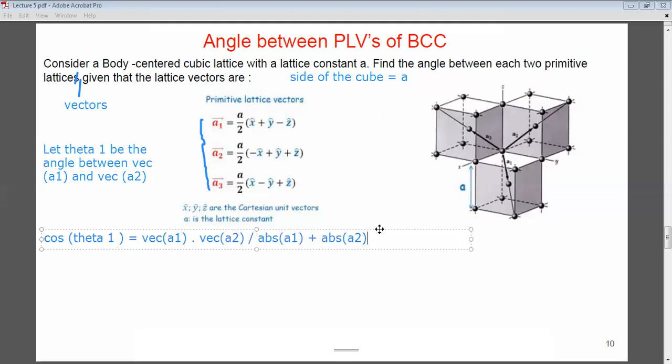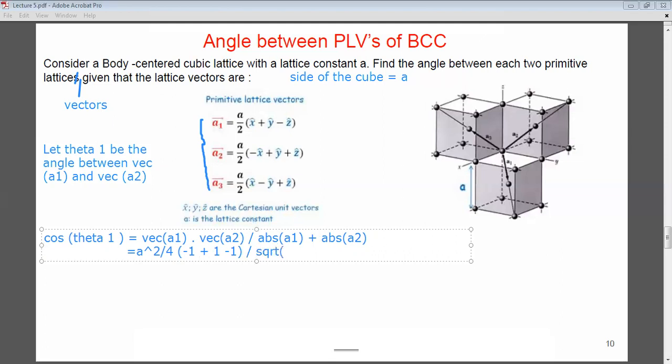Okay. So let's continue. What's the dot product of A1 dot A2? So I have A over 2, A over 2 over here. So I have A square over 4. And then I have 1 times minus 1. So that's minus 1. Plus 1 times 1. So that's a 1. Plus minus 1 plus 1. So that's a minus 1. Okay. So this is what I have in the numerator